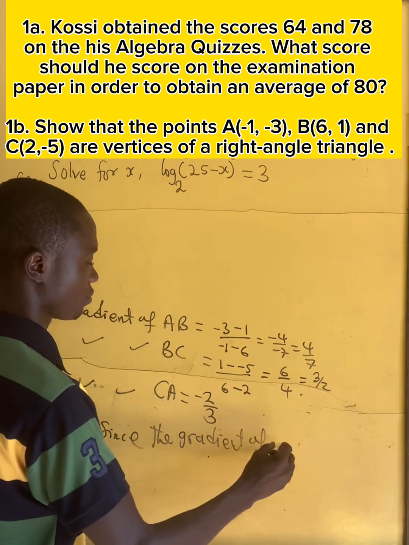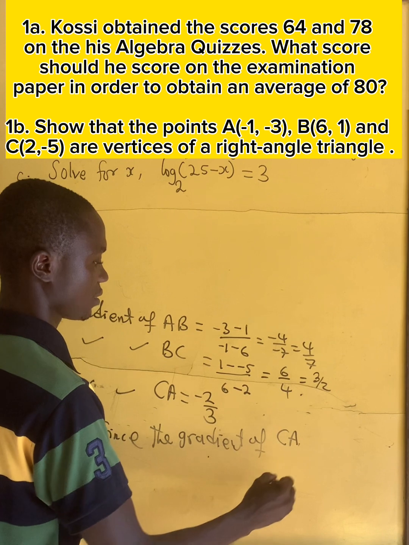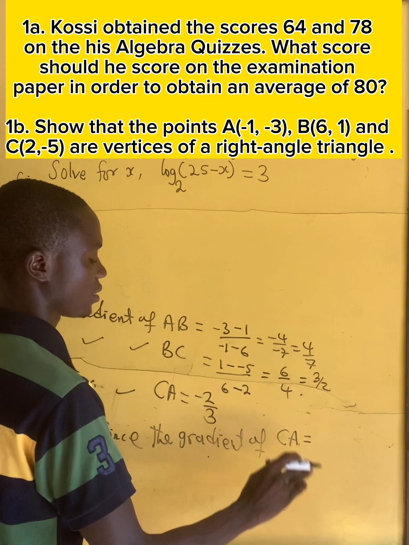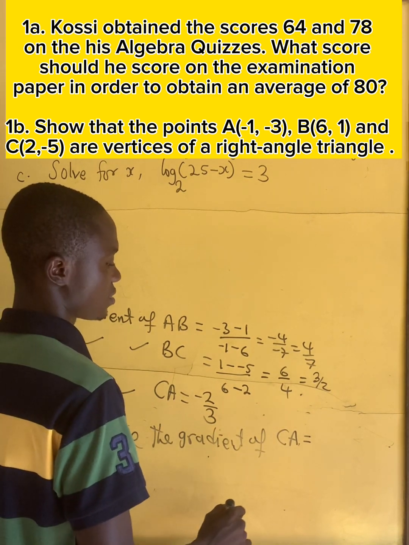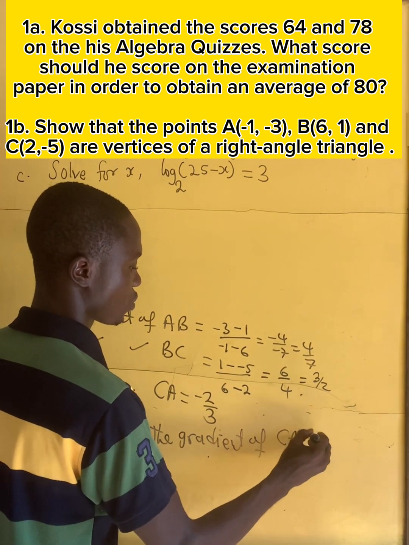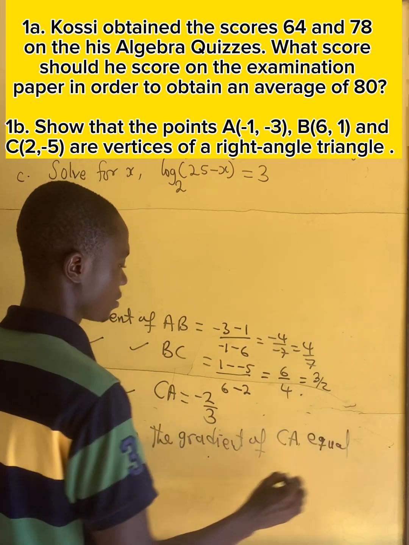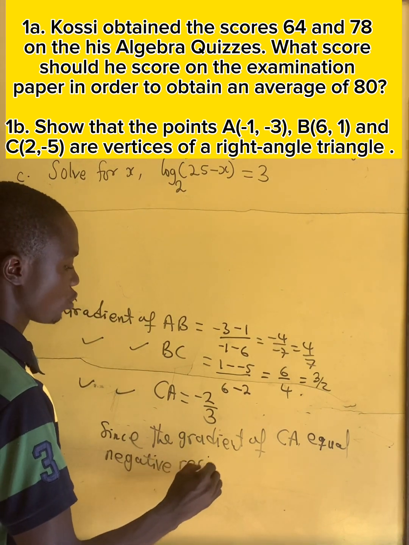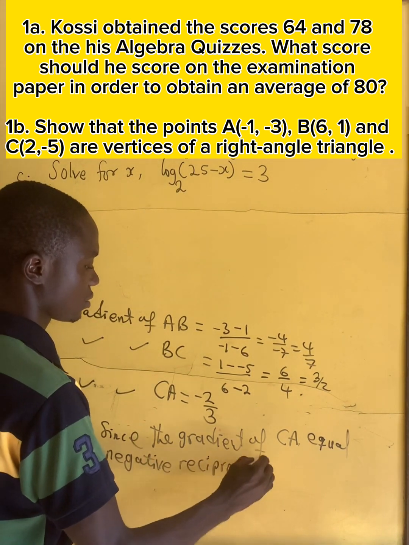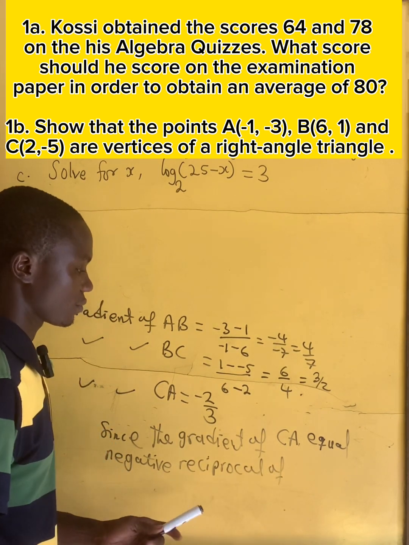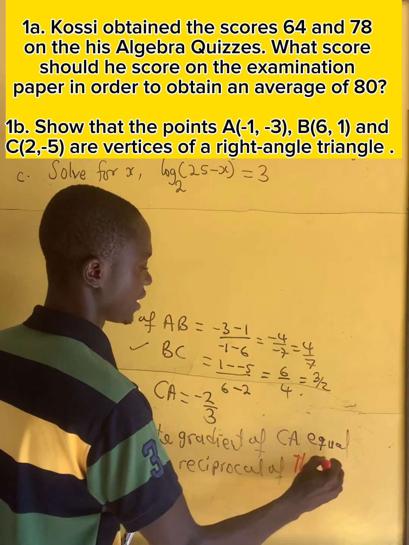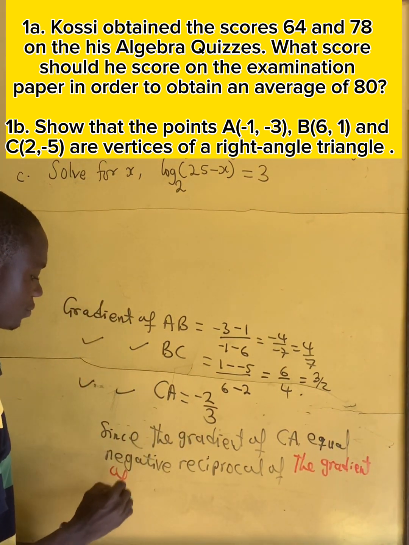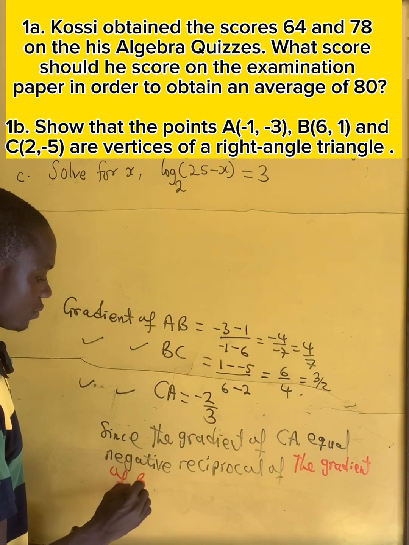Since the gradient of CA is equal to negative 1, okay, equals, let's write it, equals negative reciprocal of the gradient of BC,